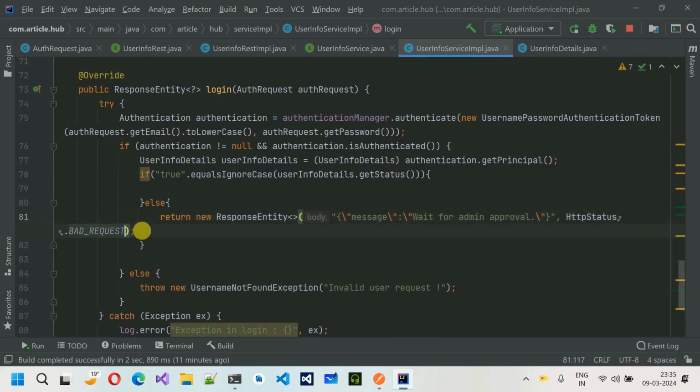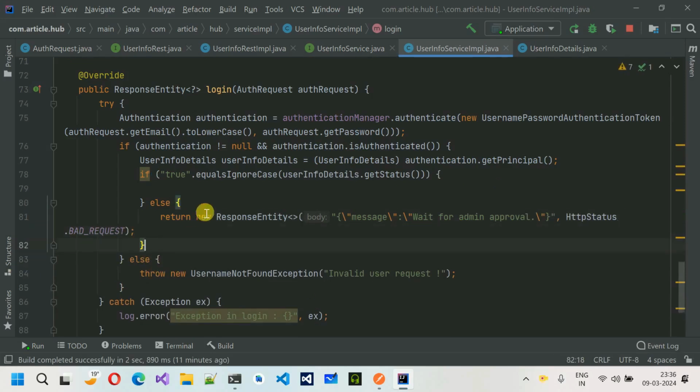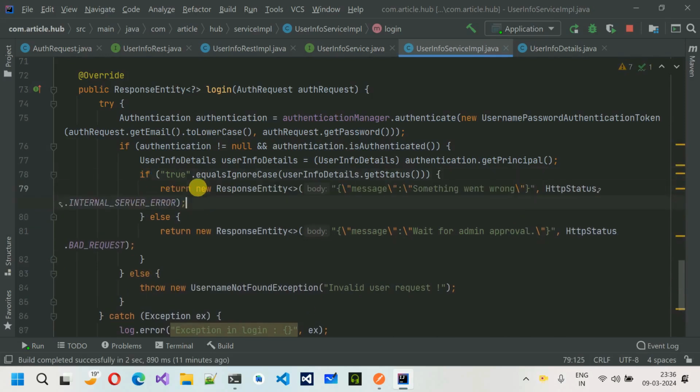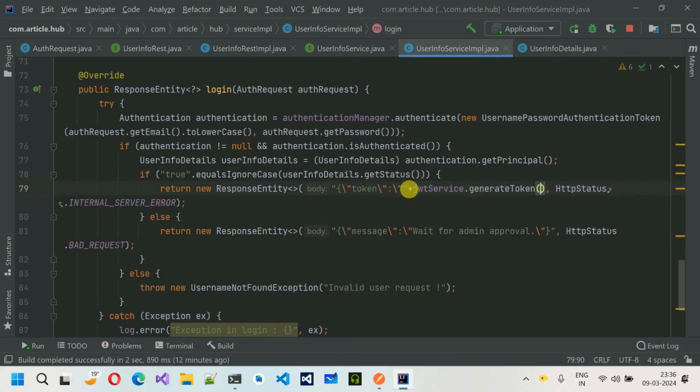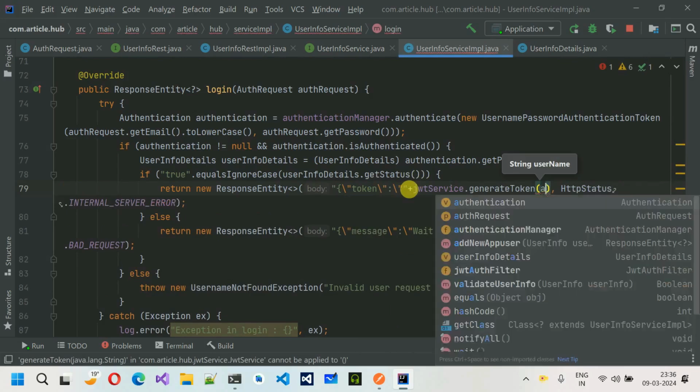Okay, if this is not the case, in that case what I have to do is, let me just delete this extra line. In that case, I have to return a new response entity with the token. So let me quickly paste it, and let's quickly change the message, the key name to token, and in the values, what I have to do is let me just remove these all, and I'm going to concatenate JWT service dot generate token, and into this one we have to pass the email ID. So auth